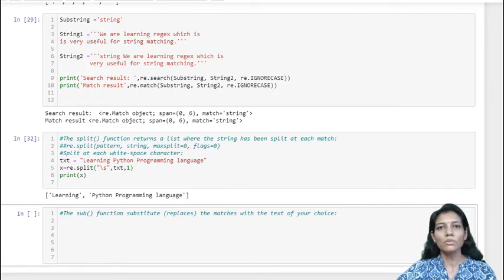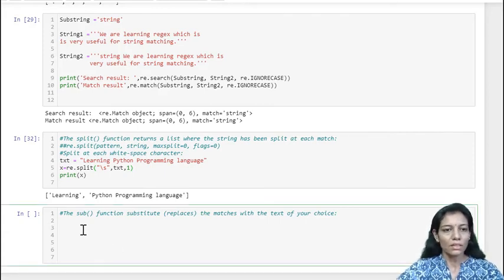Another re module method is the sub method, which will substitute the match with the given string. So we'll take an example. X is equal to the substituted text that will be returned by sub.